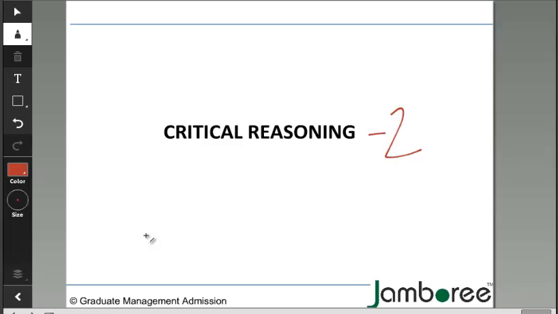Yep, boldface. As I said, students are scared of boldface, and I don't want you to be scared, but you should also know that boldface questions are really high difficulty level questions. So you will probably get a boldface question only if you are doing really well in your exam, right? We have a lot of students who end up getting a 38, 39 or 40 in their verbal in the actual GMAT, and they don't get a single boldface question. So if you're getting a boldface question in your GMAT exam, that means you are doing well, and that should give you the confidence not to panic